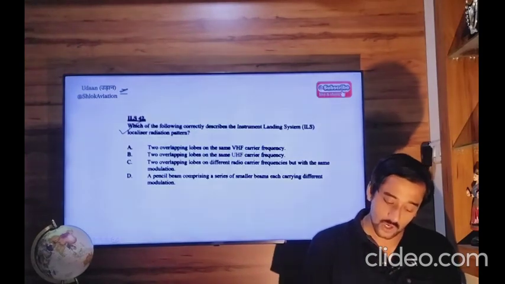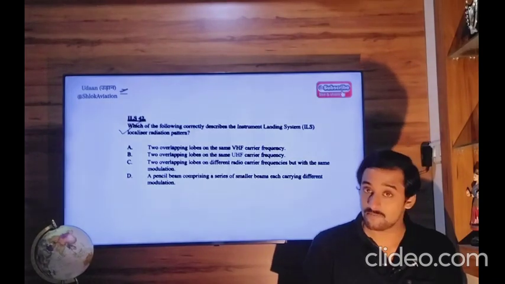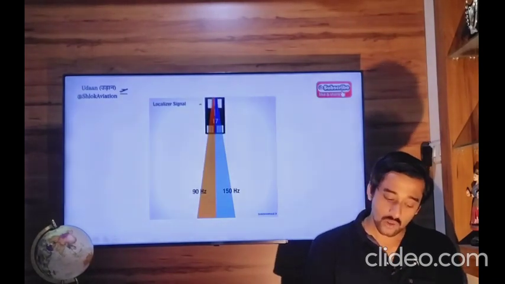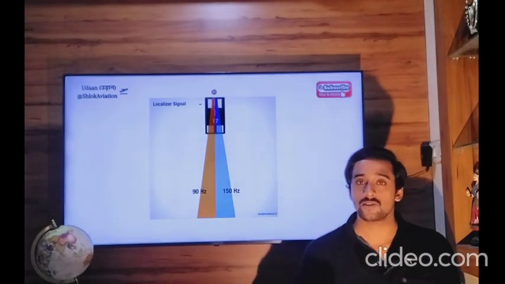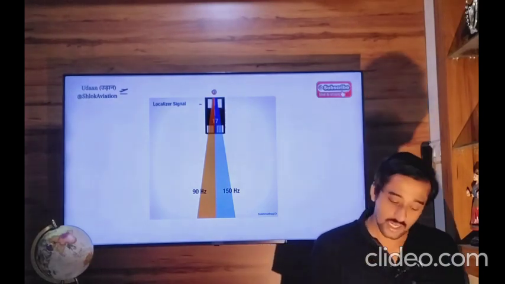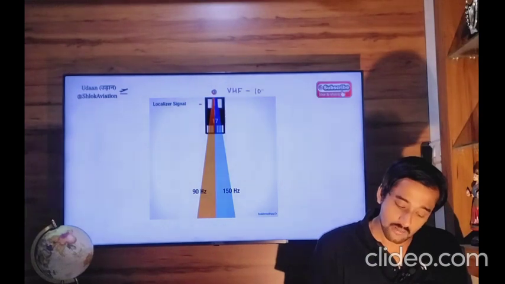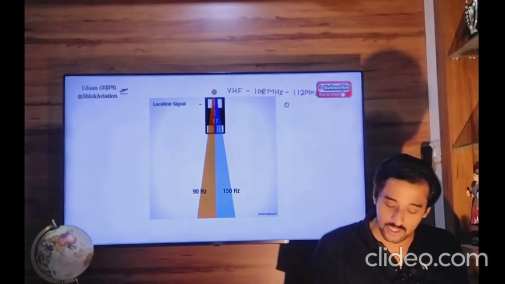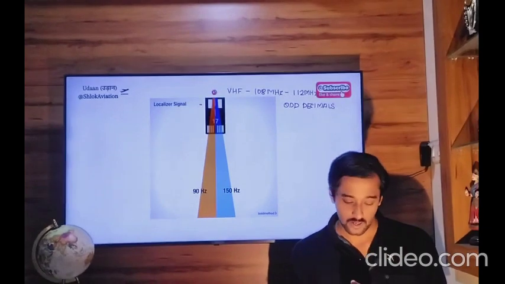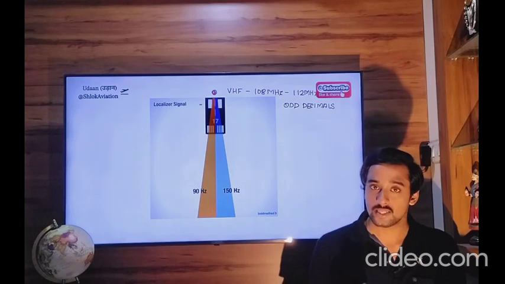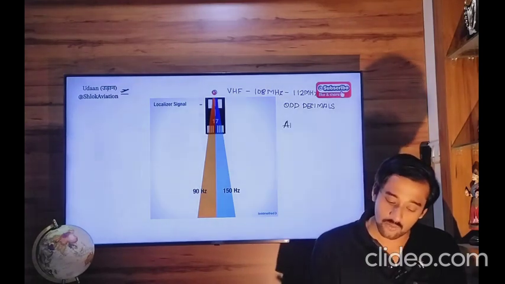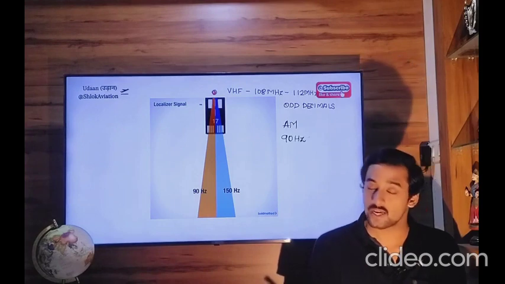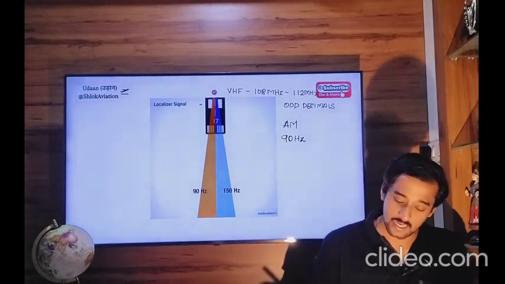Next. Which of the following correctly describes the ILS localizer radiation pattern? The ILS localizer aerial, which is situated on the opposite end of the runway, on the non-approach end, will transmit in the VHF band, 108 to 112 megahertz. Between these two frequencies, all the frequencies that have odd decimals belong to the ILS localizer. The even decimal frequencies belong to the VOR. This main VHF carrier frequency is further amplitude modulated: the left side of the radiation pattern by 90 hertz